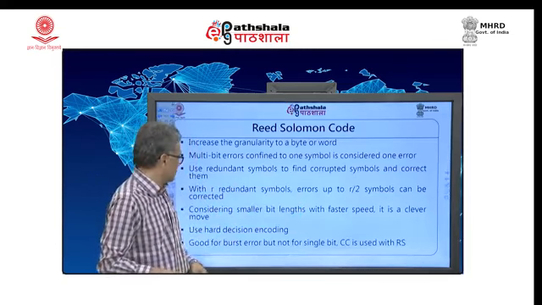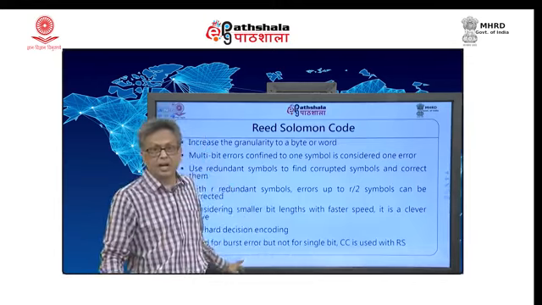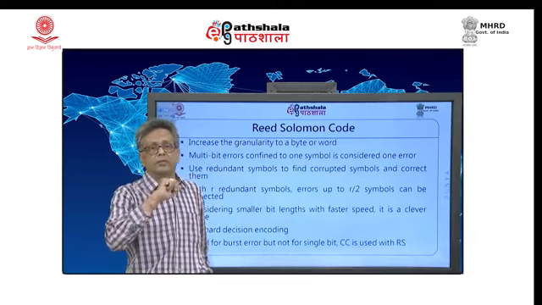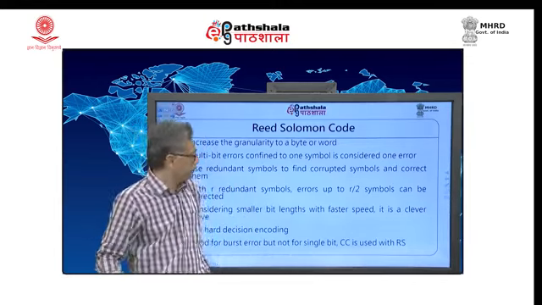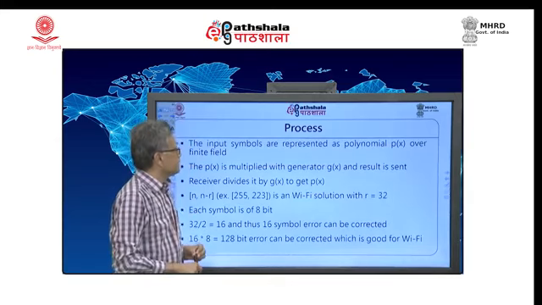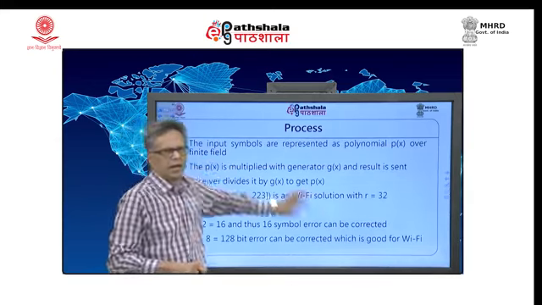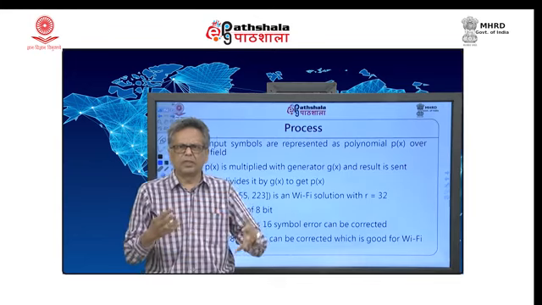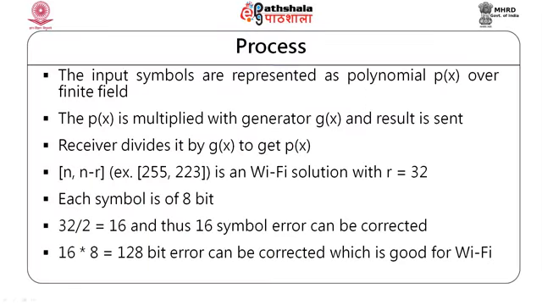So, that is the power of this code, but it uses hard decision encoding, remember it is not soft decision, will not be AI based. Okay. And the process is little clumsy, but straightforward if you are a mathematician. What you are sending is called Px. You divide it by something called Gx, the receiver multiplies it by Gx, receiver divides it by Gx, okay, and you get the data back.